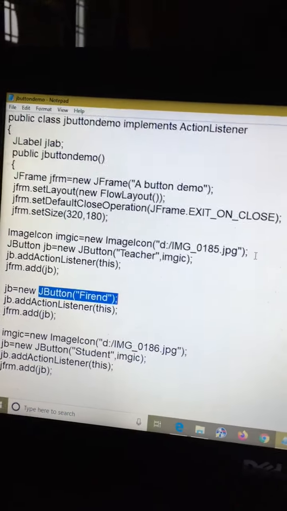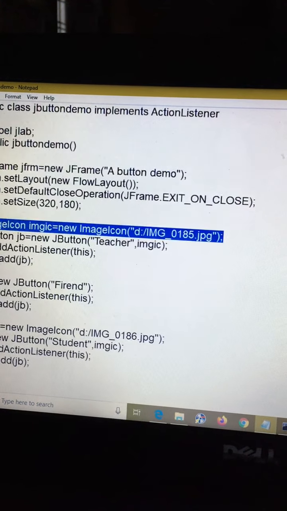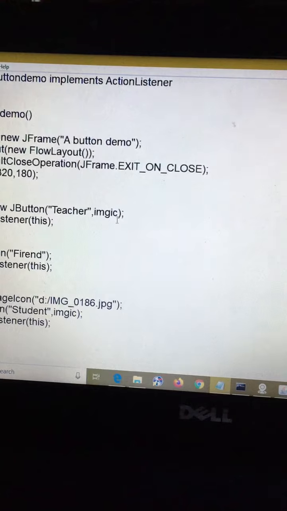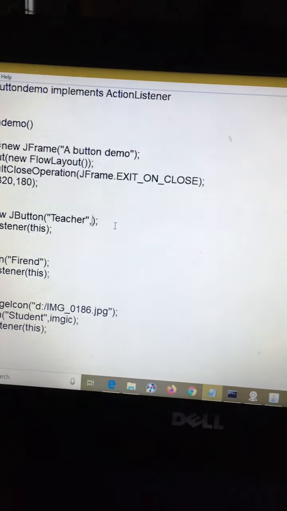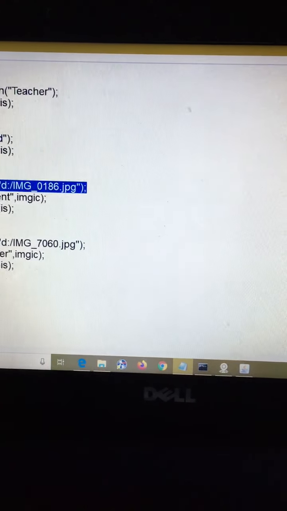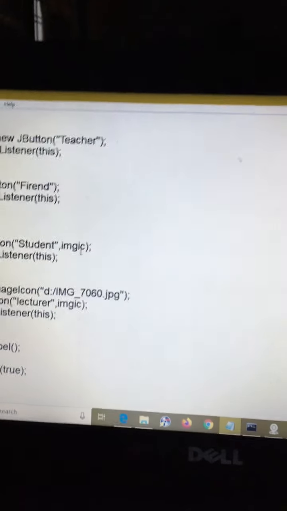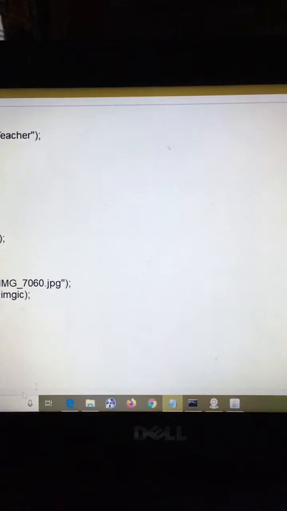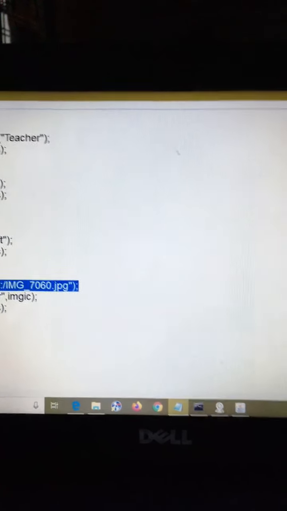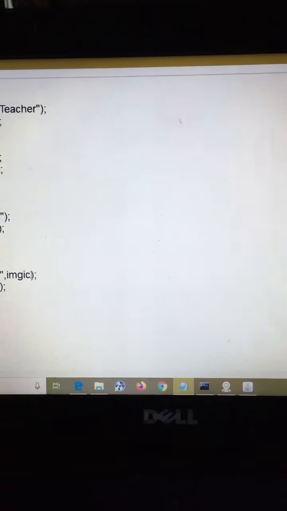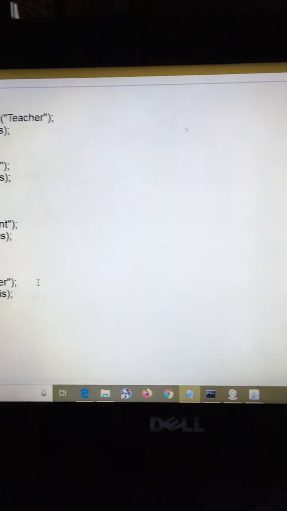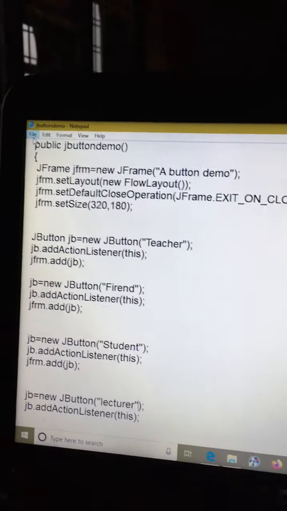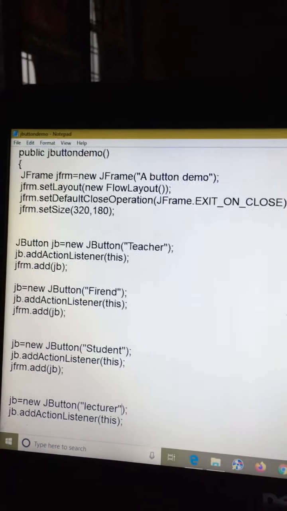In this way I am removing all the images. For that, look here, delete. Okay, so this is a simple JButton program without image icons.